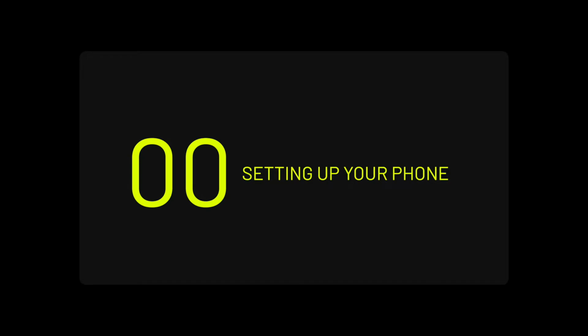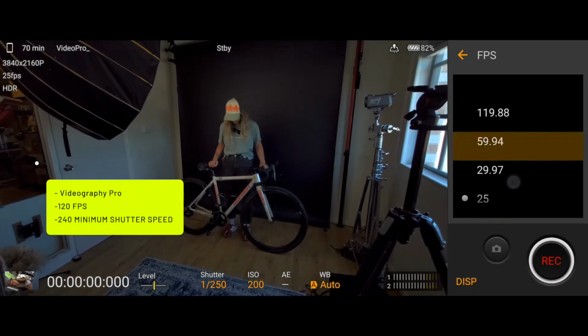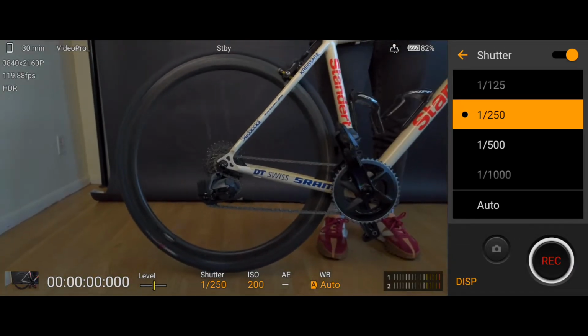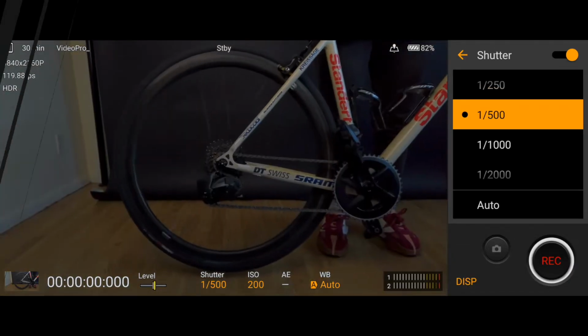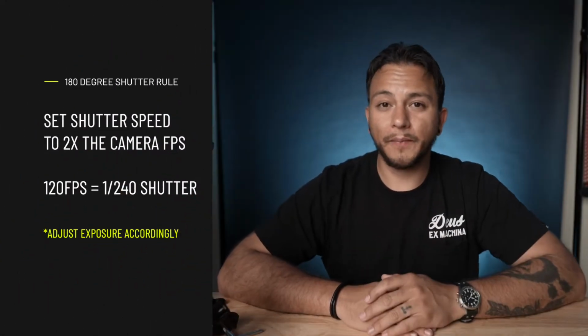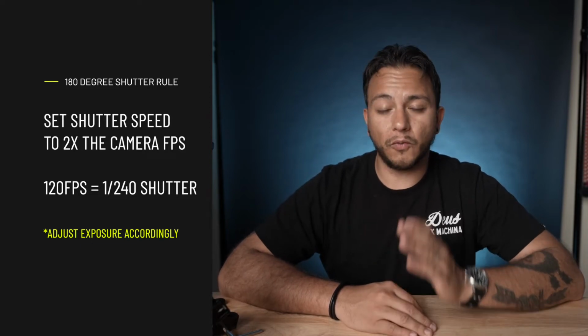First things first, setting up your Xperia for shooting 4K 120 slow-mo. So what you'll do is use Videography Pro to set your frame rate to 120 frames per second and your shutter speed to around 1/240. If you don't know how to set up your shutter speed and your frame rate, a good rule of thumb is to take whatever your frame rate is and double it to get your shutter speed. So if your frame rate's 120 frames per second, then your shutter speed should be around